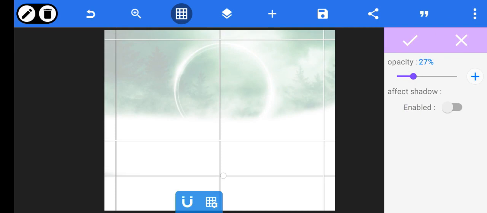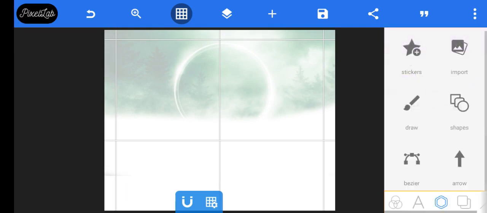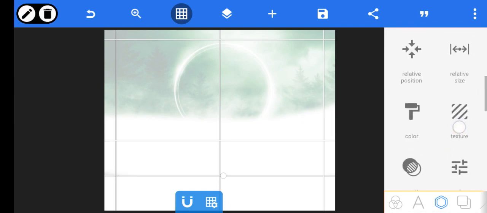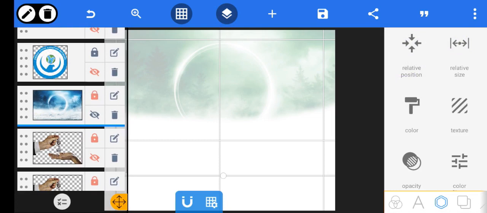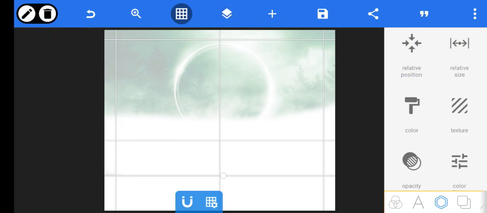So I'm just going to do this. I'm sure about that. So we good with this. So opacity reduced to 27. Then you can lock this, and the next thing to do is just